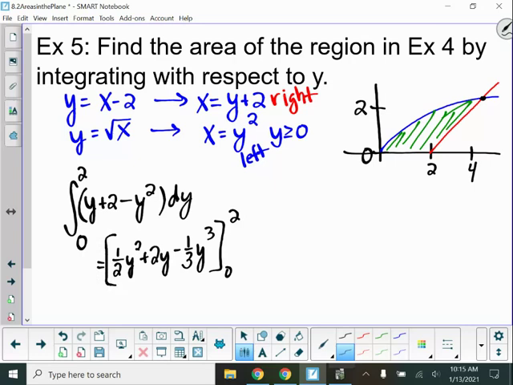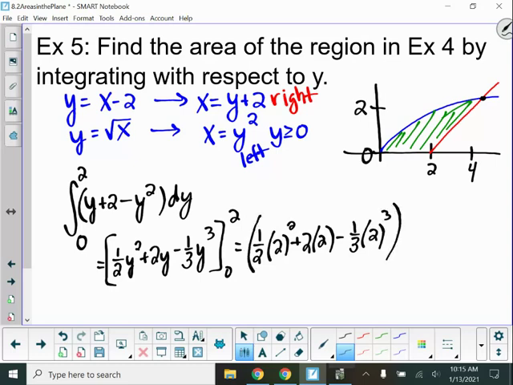Plus, whenever I plug the 0 into this, all of those terms are going to turn into 0. So there's not even going to be as much algebra to do. So I have 1/2 times 2 squared plus 2 times 2 minus 1/3 times 2 to the third. So that's plugging in the 2. When I plug in 0, I'm just going to get 0. 0 squared is 0, 2 times 0 is 0, 0 cubed is 0, so I'm just going to be getting